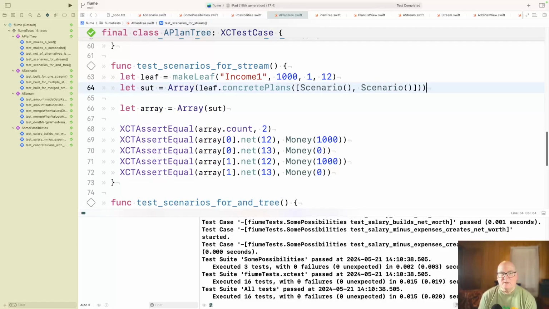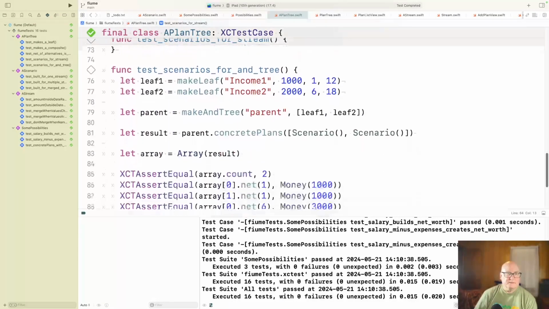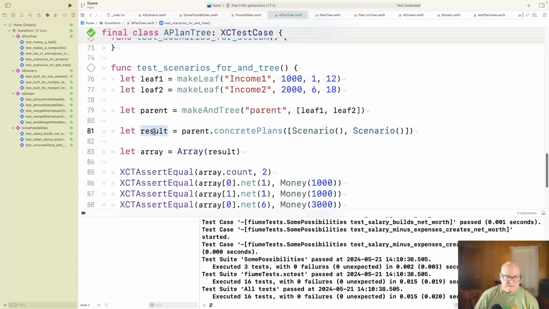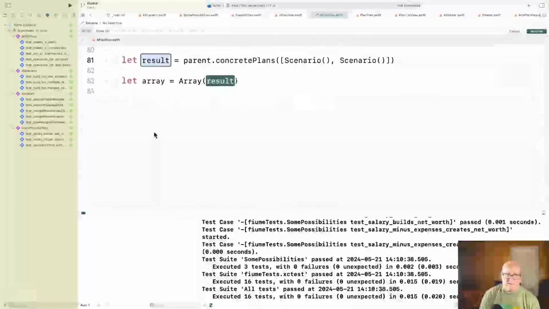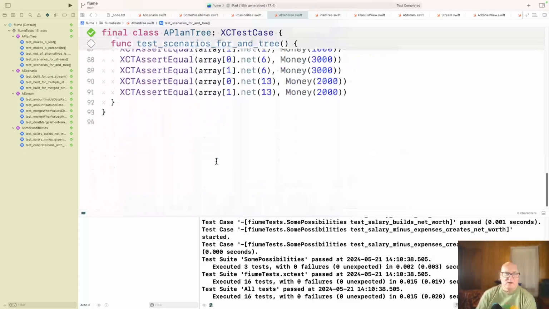But that's a little weird. Well, I'll keep considering. All right, and then this SUT for this. Most of the time, the thing I return is the thing I test directly, and so this is having to do a little work. All right.